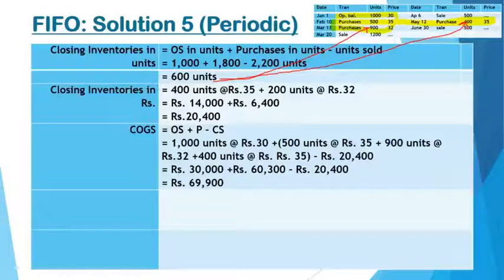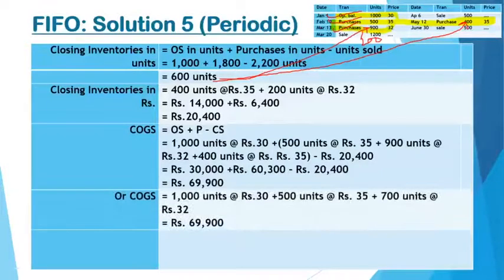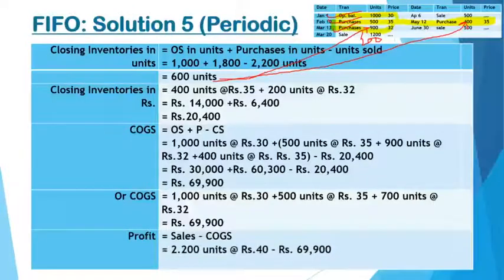So if you know that these units are left, you can easily identify how many units are sold. So your opening stock is fully sold. This second lot is fully sold. And in the third lot, we know that 200 units were left, isn't it? Out of this lot, 200 units were left. It means 700 units must have been sold. So it's quite logical. Just follow the pattern. Okay, so it is 1000 units, 500 units, and 700 units. Now profit can be determined again like this. So that brings us to the end of the periodic FIFO system.